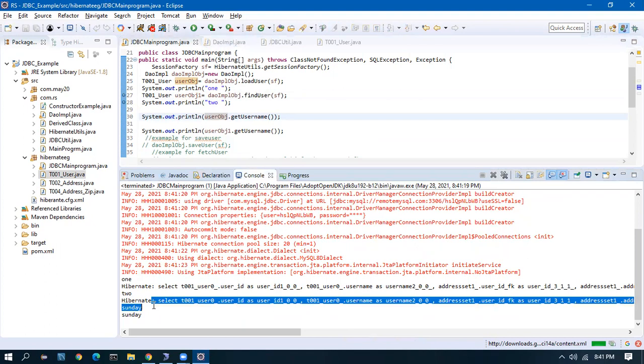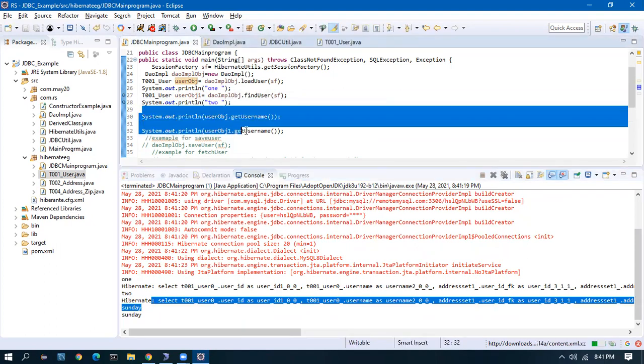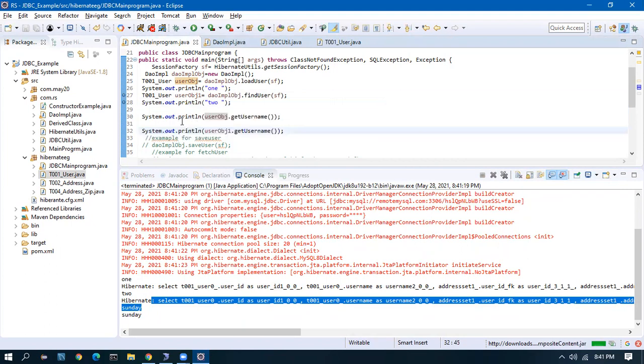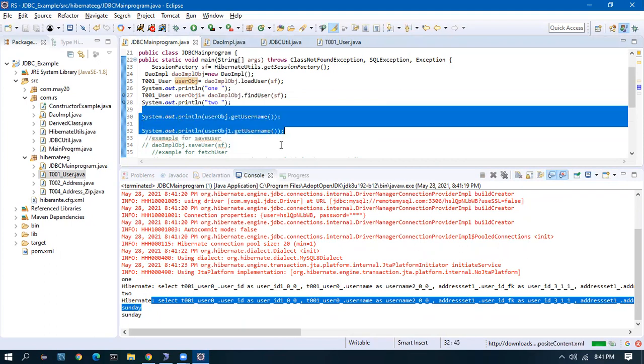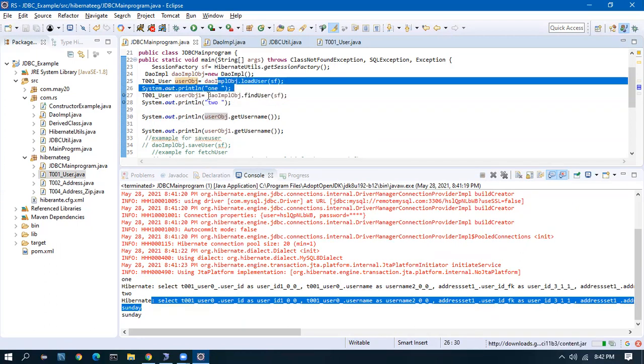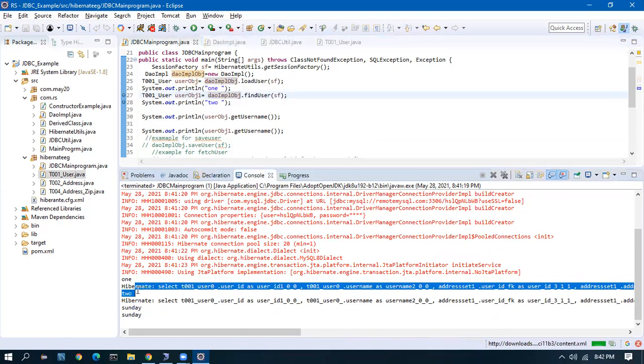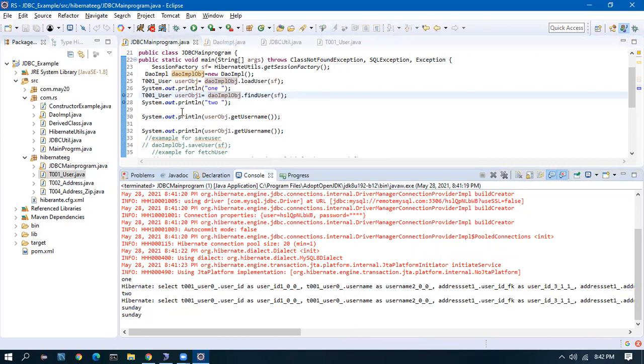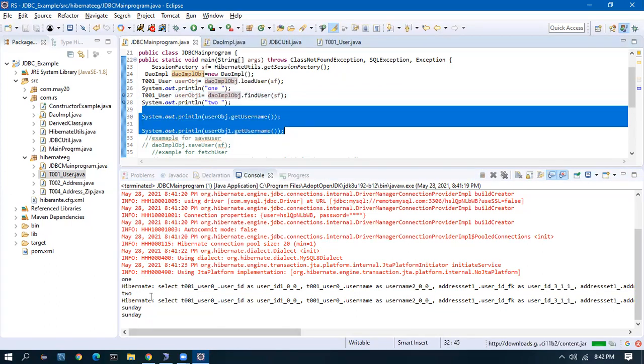Then the second query got generated from nowhere, right? We are not calling a query here. I'm just giving a sysout. Correct? Yeah. After 2, there is no hit to the database. The database hit is over here and here. Here, no query came. 1 came. Then query came, 2 came. When I am just giving a sysout, DB hits go.